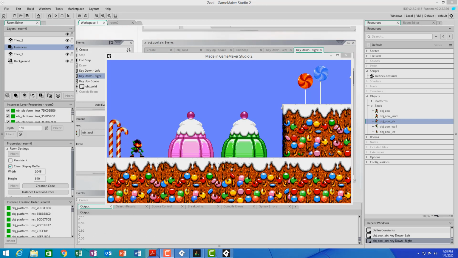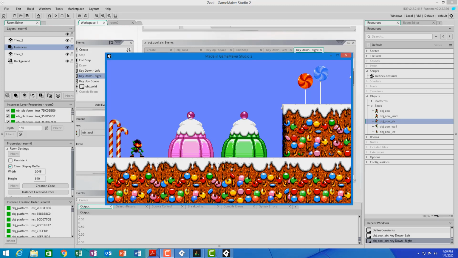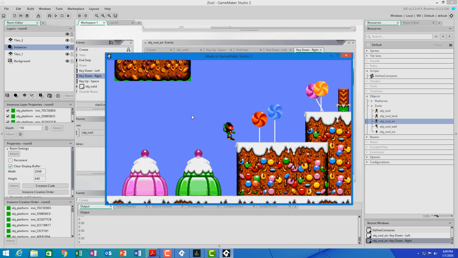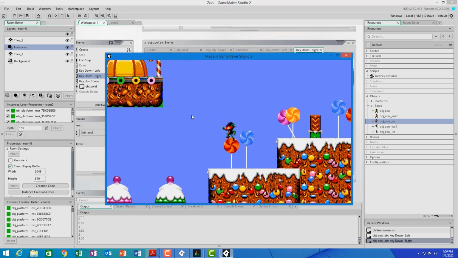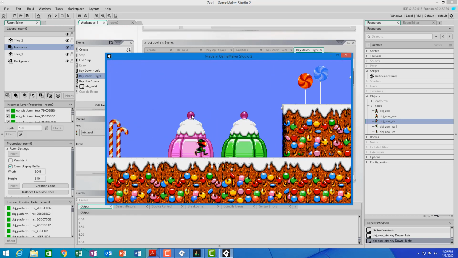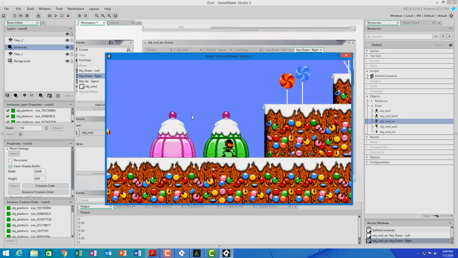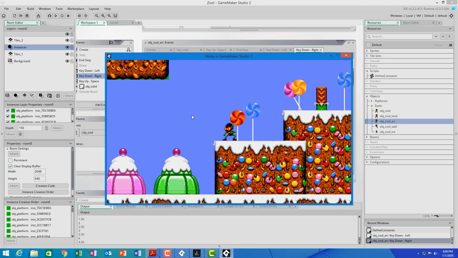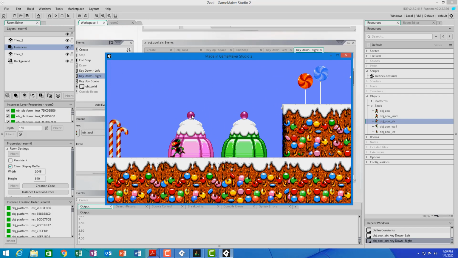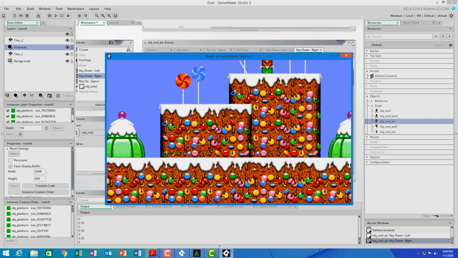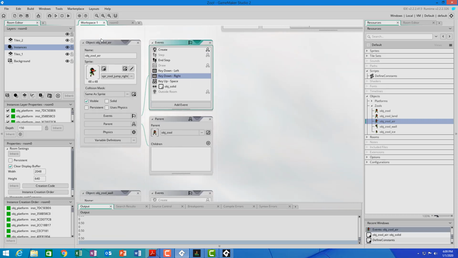Okay, we try the game now, and we jump. What we're seeing is that by using the arrow keys in the air, we can now affect the direction that Zool is moving. But notice if we jump, oops, just fell off. Notice if we jump,